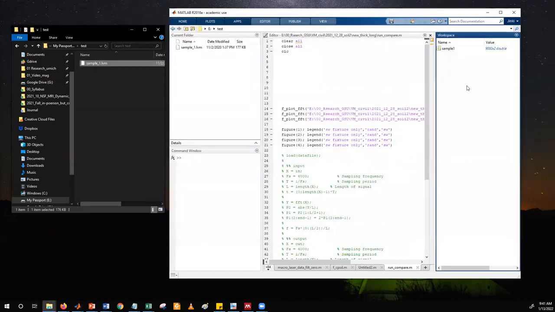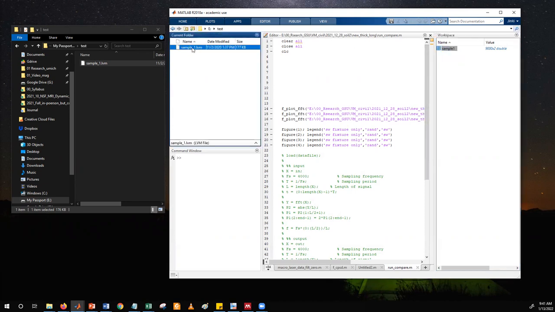And as I close this guy, now in the workspace, you have a new variable that is imported there. And this variable usually has the same format as your file name, okay? Sample underbar 1 was my file name, and that underbar went away. It's just sample 1 here, all right? So now we would like to